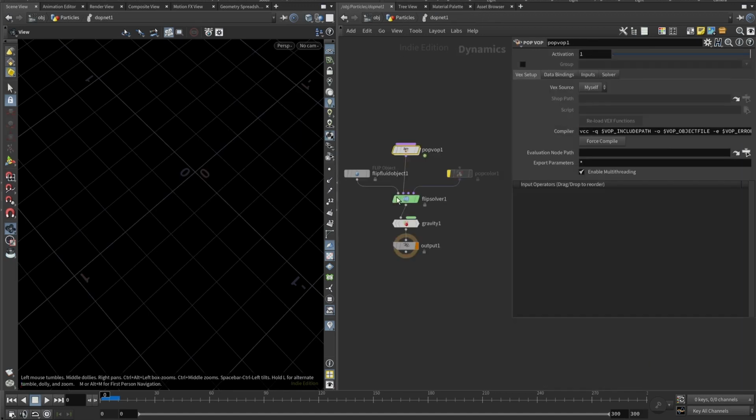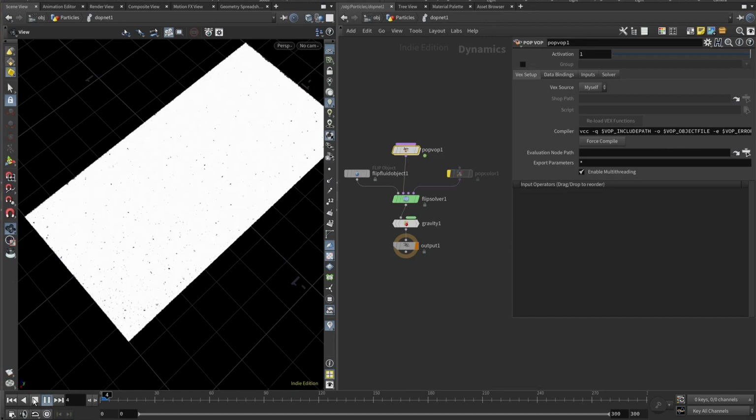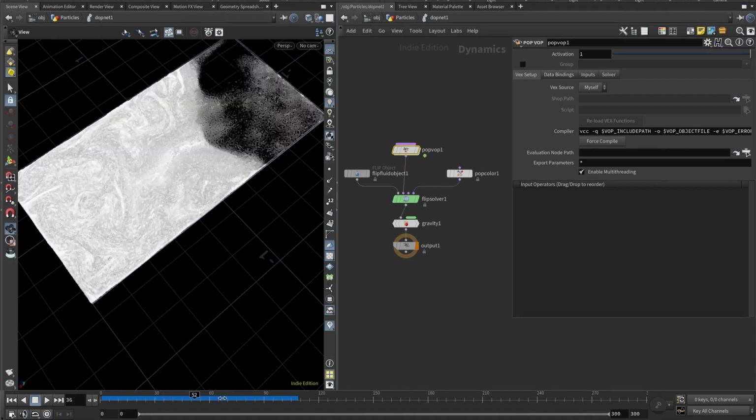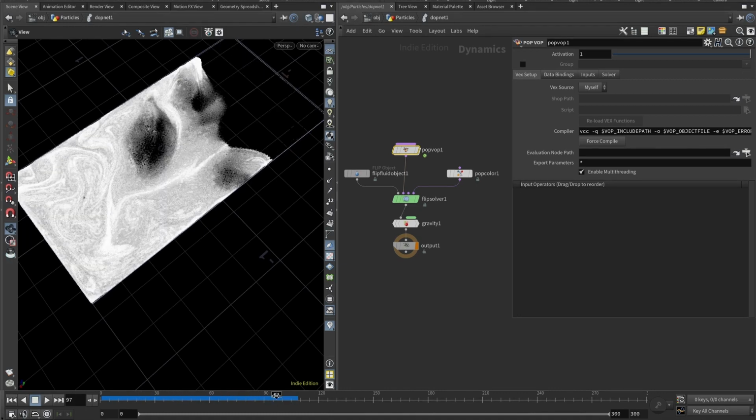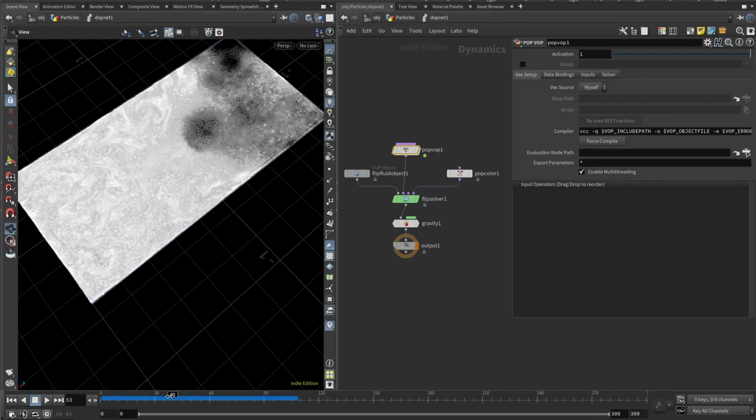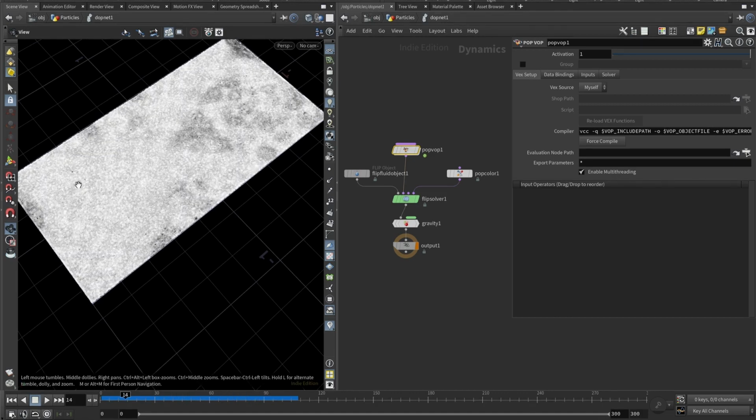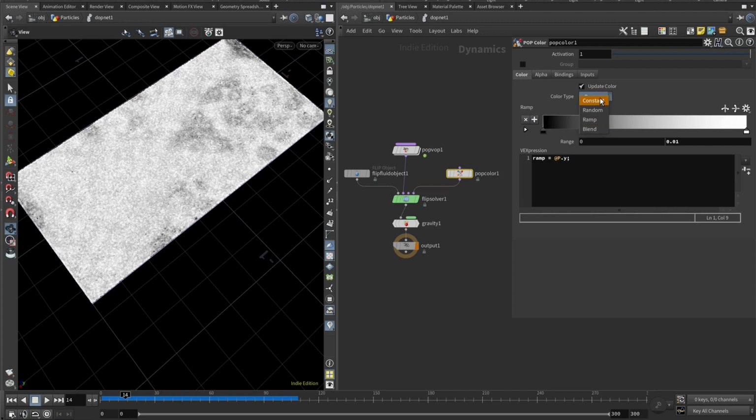And now let me visualize that so I can show you what it actually does. So here I just quickly simulated around 100 frames, and you can see how the noise is affecting particles. This color is determined by this POP Color node, which goes into the sourcing. And here you can see that I'm using color type set to ramp, and ramp is equal to the Y position of each particle, and the range is from 0 to 0.01, which is the height of our box,